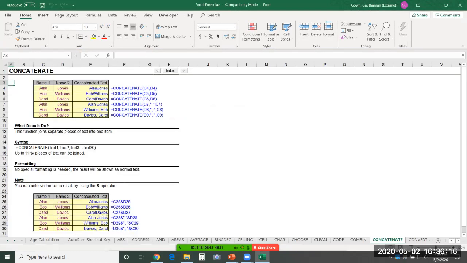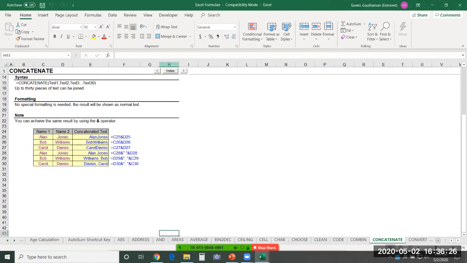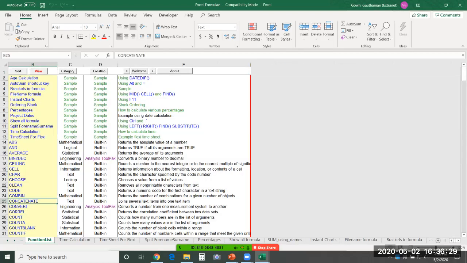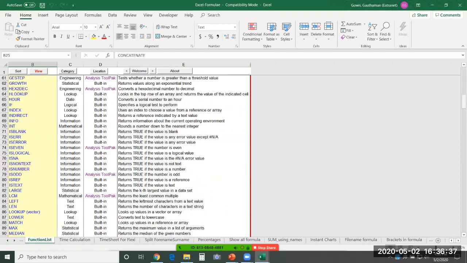It will take you to examples of how exactly that function is used. Everything is explained over here. These kinds of files will be shared with you. Okay. You can also go back to the index page, and from here you can choose all the formulas that you would like to see and how exactly they are used.